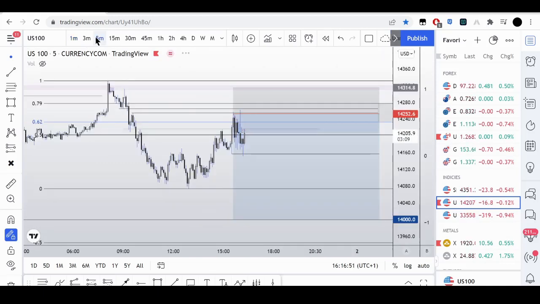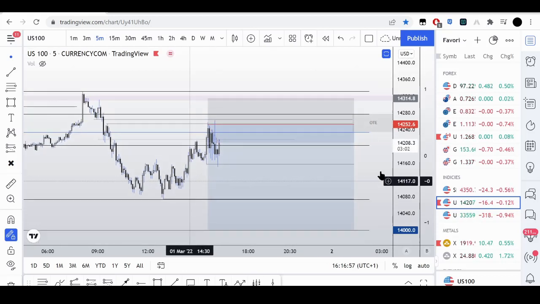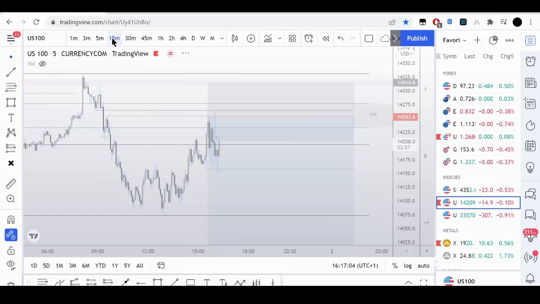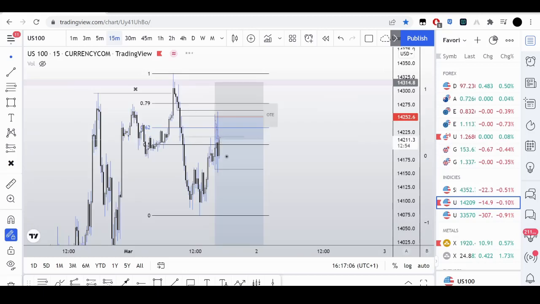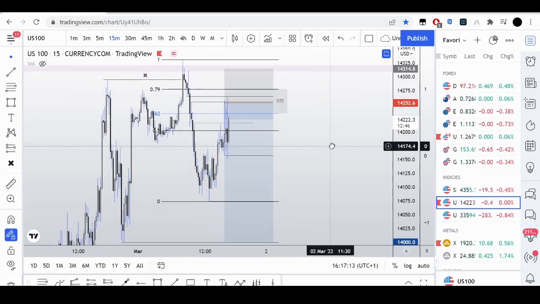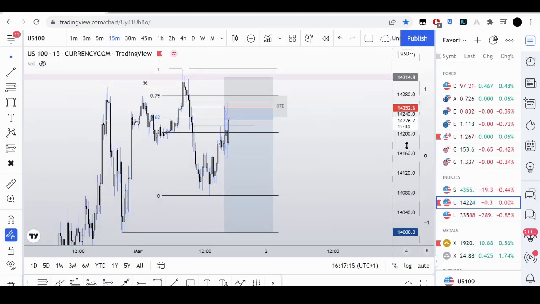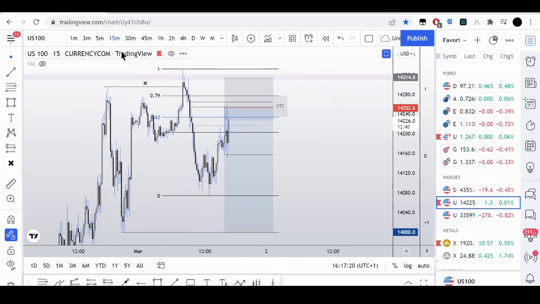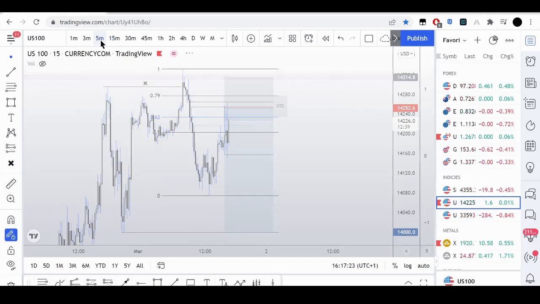I didn't move any of my stops yet because I want to see it at least get down here first before I think about moving my stop. This whole thing could just flip on me, and it happens. I want to see this next 15-minute candle. I really don't want to see it close bullish like that, but whatever happens. It might work this fair value gap again. So we'll see what happens.